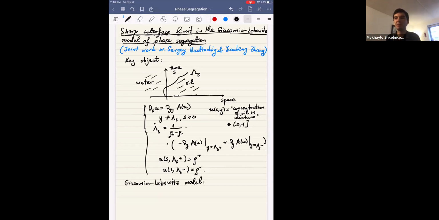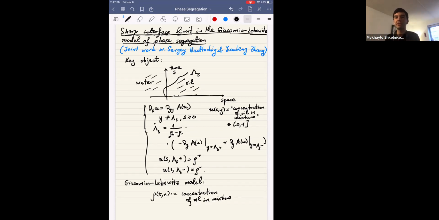And as you will see in a moment, it attempts to give a much more precise description of what's going on in the video. So in this model, we still have an unknown function which will describe the concentration of oil in the mixture. However, this function rho in the model will not solve a free boundary problem, but rather it will not distinguish the two phases, right? So it will take into account that, strictly speaking, there is no pure oil and no pure water in that video that you have seen, right?